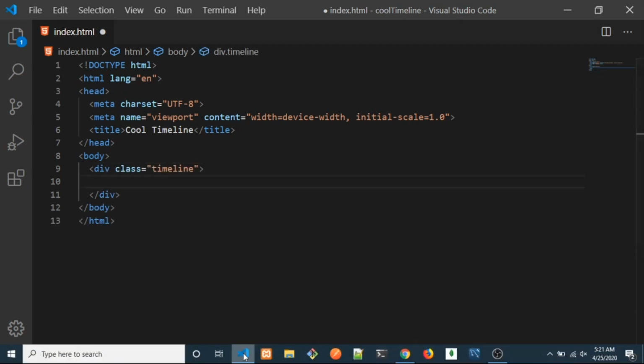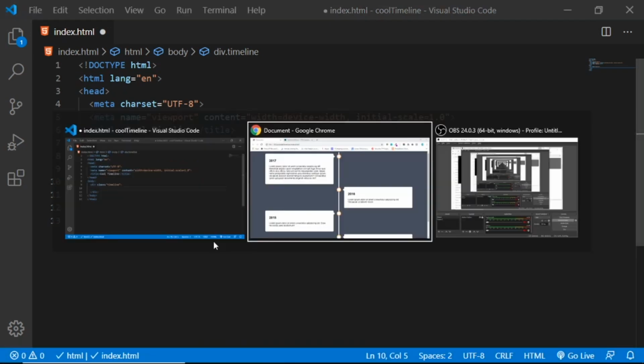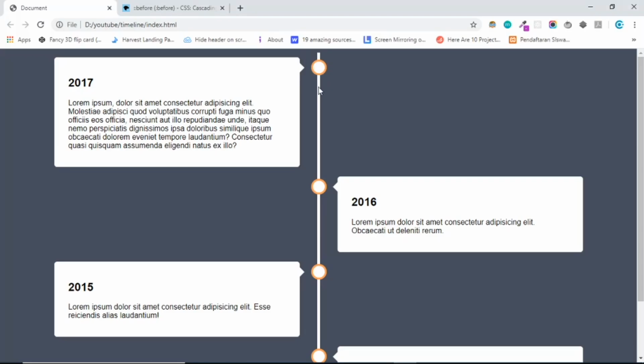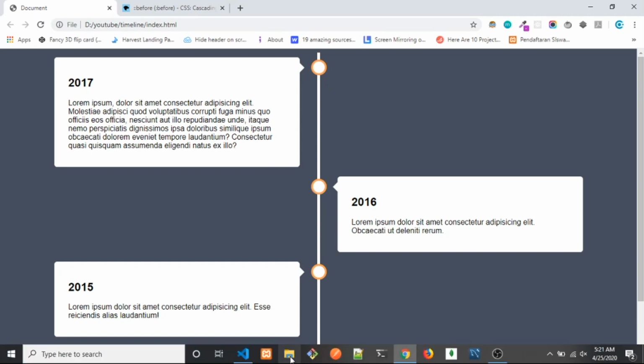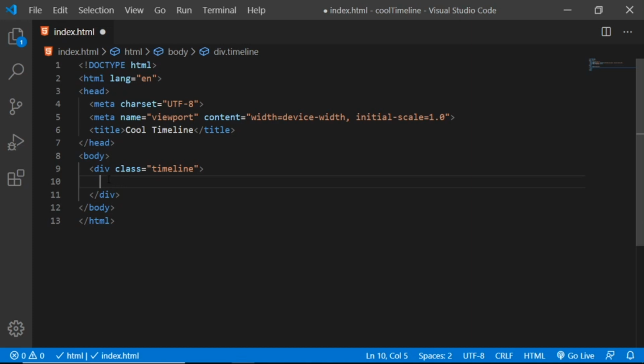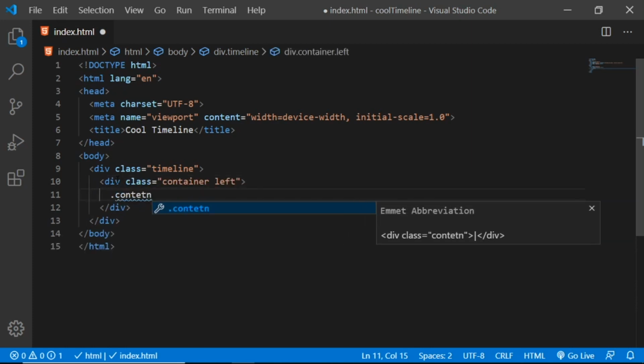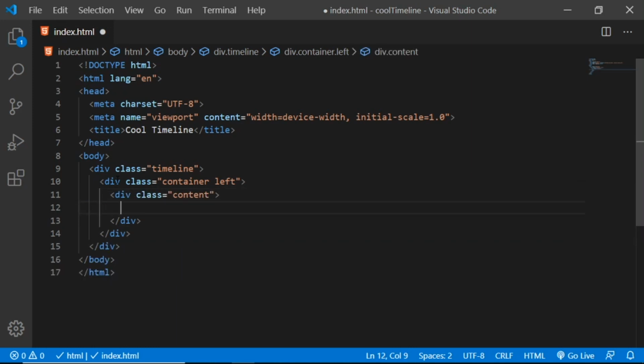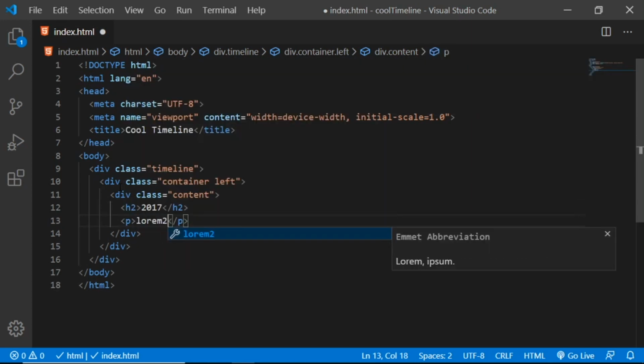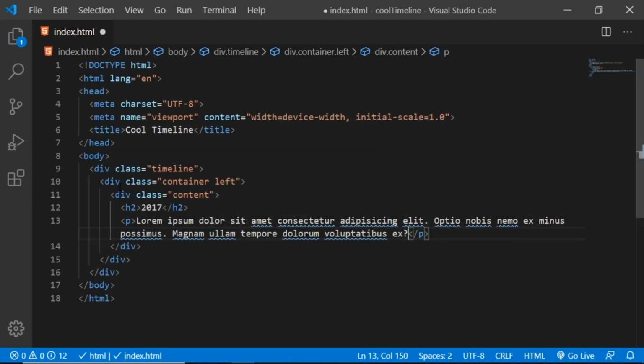Basically, where's the final project, this line here, we're going to create that using the after pseudo element. Inside the timeline we're going to create a container and left. Inside here we have a content, and we have an h2, it should be 2017, and a paragraph, let's say lorem 20,